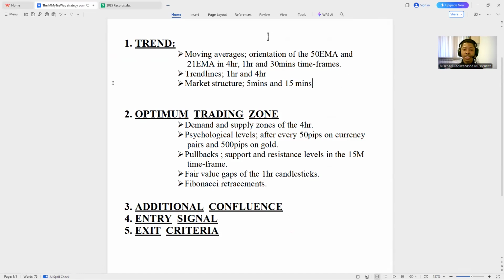Secondly, we have psychological levels. Now, these psychological levels, I draw them after every 50 pips on currencies, whether it be GBP JPY, GBP USD, GBP CAD, USD JPY, USD CAD, or AUD JPY. Those are the 6 pairs that I trade on currencies. Then for gold, I usually used to put 100 pips, but nowadays, with the way gold is